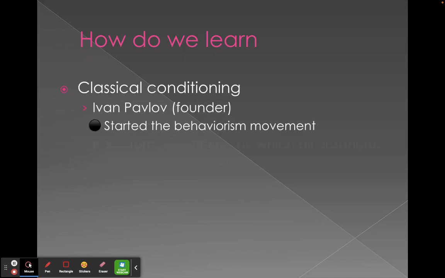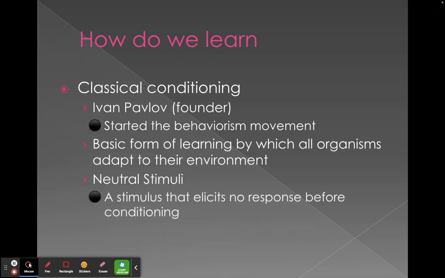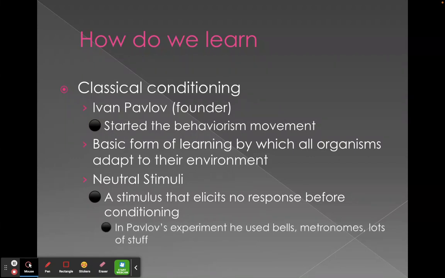All right. So the first vocabulary word we need to understand is, what is a neutral stimulus? A neutral stimulus is anything that doesn't really mean anything, and it doesn't elicit any response. For instance, it could be a bell, a flash of light, a puff of air. It really doesn't mean anything to anybody, but it's a stimulus in the environment. It's something you can sense, but it doesn't mean anything to you.